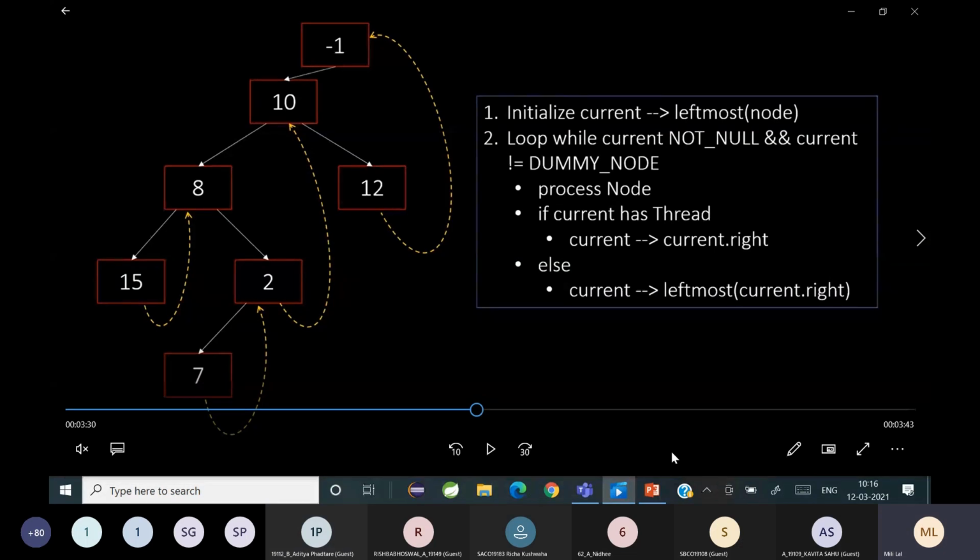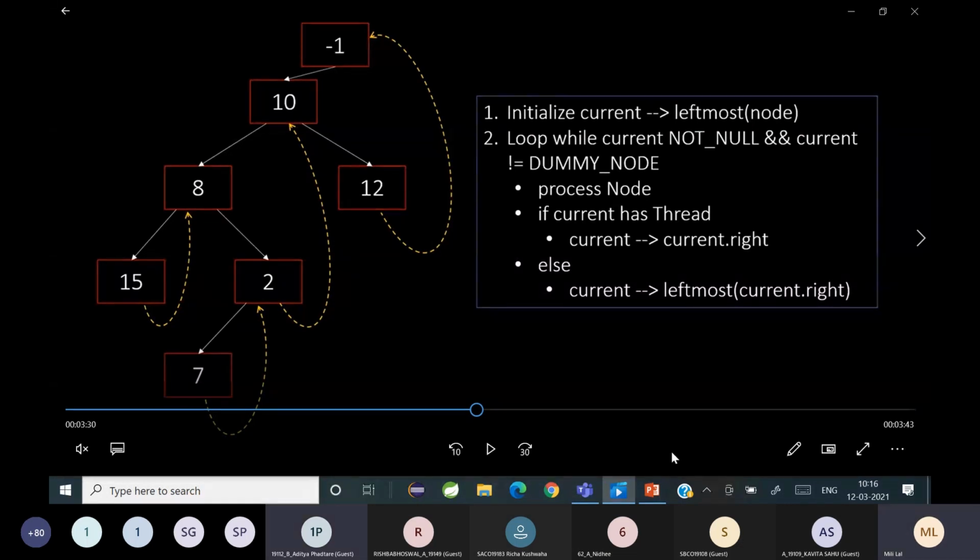Okay, so first it was 15, then it became 8, then it became 7. Okay, now 7 has a thread which is pointing to 2. So the next node that is going to be traversed is 2. And 2 has a thread which is pointing to 10.